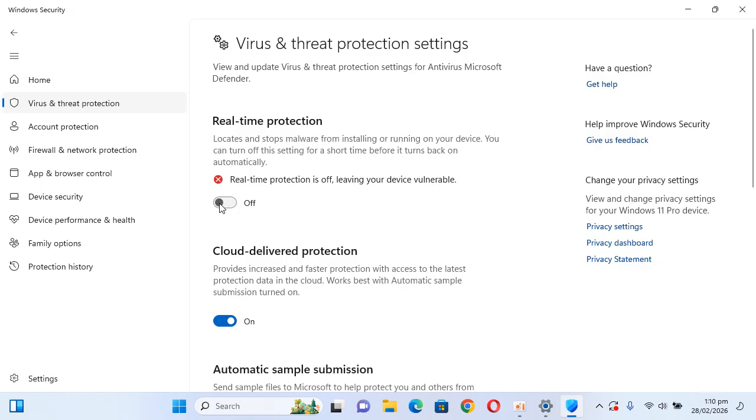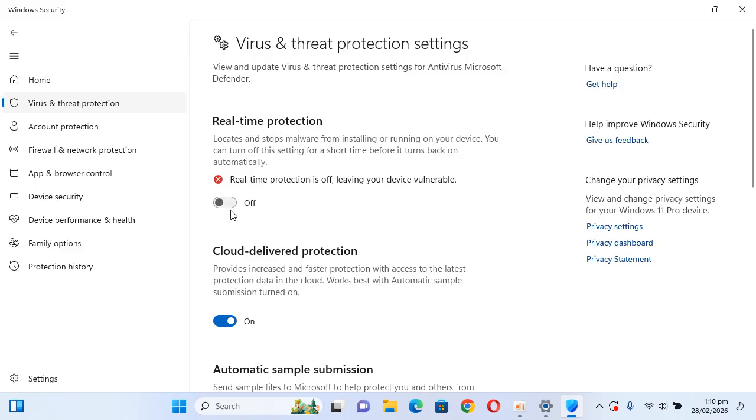And first, you need to make sure that you turn off this real time protection. Just go and turn it off. And now you need to reinstall or re-extract the game. So if you had that game in a zip folder, just go and re-extract the game and make sure this